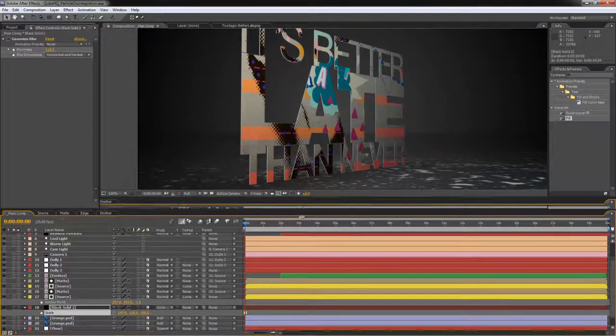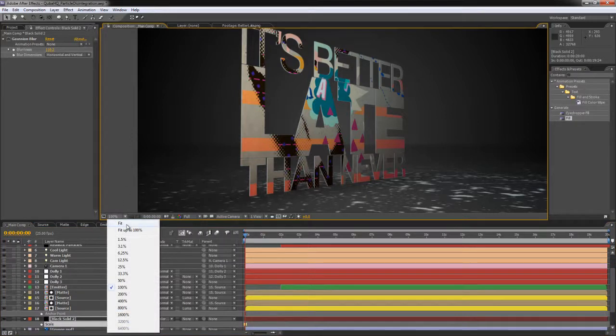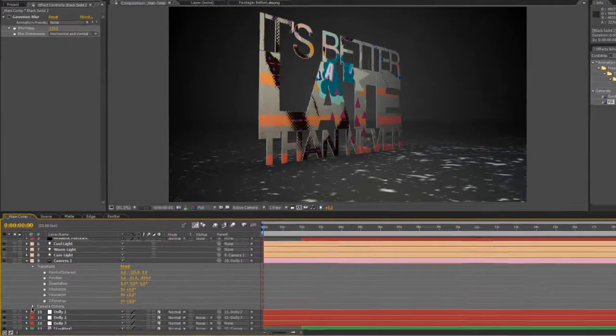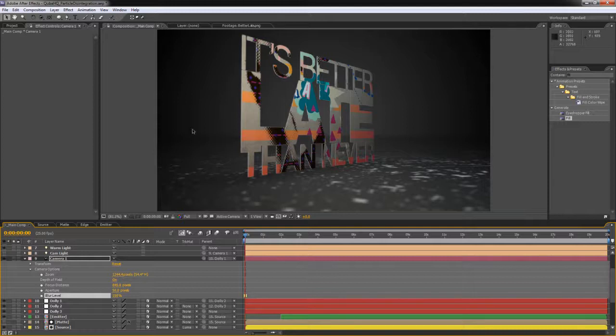And I would like to have some depth of field in this as well. So let's go to camera properties, camera options, turn on the depth of field, and let's see, our camera is around 850 pixels away from the subject. So focus distance 845, let's say. Aperture up to 50 and blur level 150. Okay, this is nice. This is blurring our foreground and a bit of a background, but not damaging the text